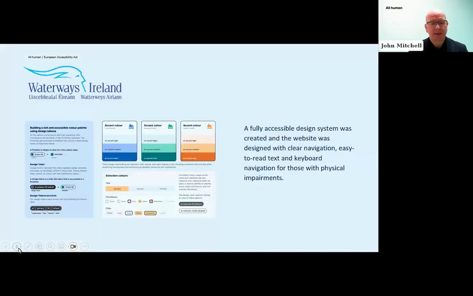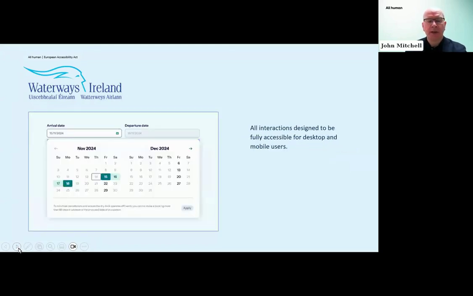If you'd like to go on to the next piece. Similarly for Waterways Ireland, again another state agency, but consumer facing and increasingly moving towards an e-commerce domain, again a design system was put in situ. But if you'd like to go on to the next slide, please, Rebecca, it wasn't just at the design palette side. It's also compliant on some of the more complex technical interactions in terms of form fill and date selection and so forth. As I mentioned repeatedly, sometimes it's on the visual layer, but it's also on the coding layer that compliance really needs to be considered.